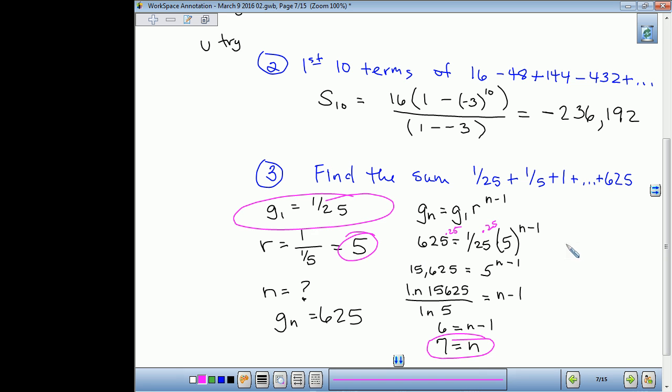So I can say the sum of the first 7 terms is the first term times 1 minus the ratio raised to the 7th over 1 minus the ratio. And so the sum of the first 7 terms is exactly